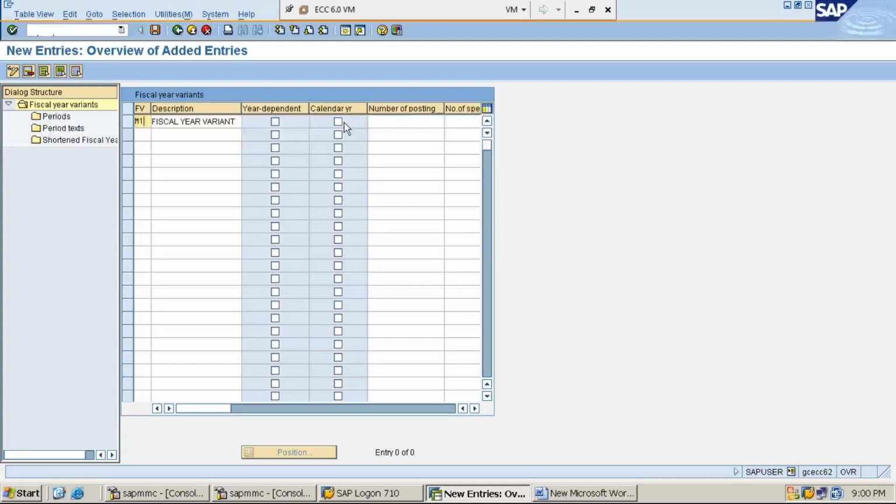As I would like to follow a non-calendar fiscal year, does my fiscal year start from January? No. It can start from any month. It can start from February or March or April. But the point here is,